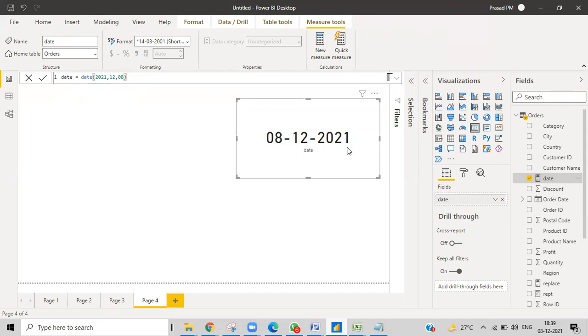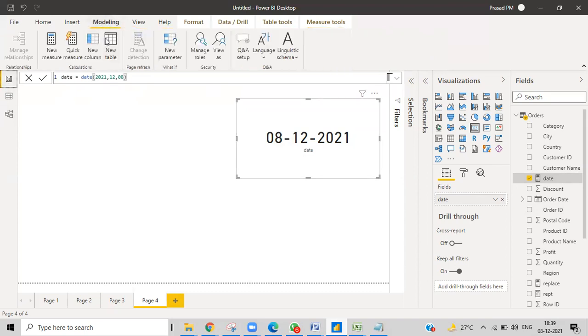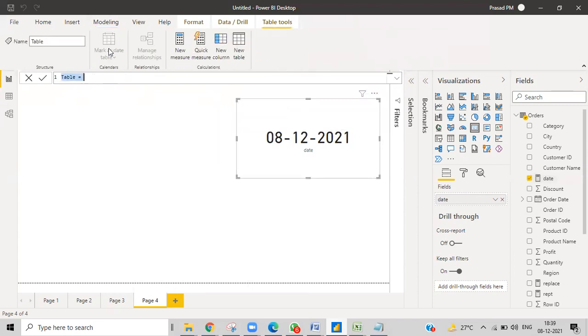So this is just the first general thing, and after that I want to create a new table. I'll click over here, new table, and then I'll make a dimension table. This is how we create a dimension table. That is very important in real time. Whatever the project is, the first thing you need to do is create a date dimension, that we call dim date.